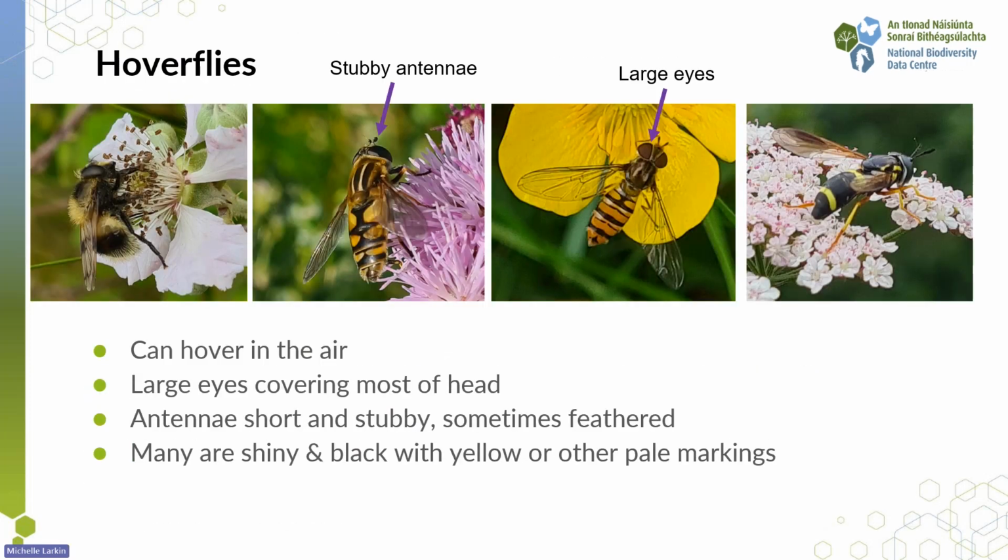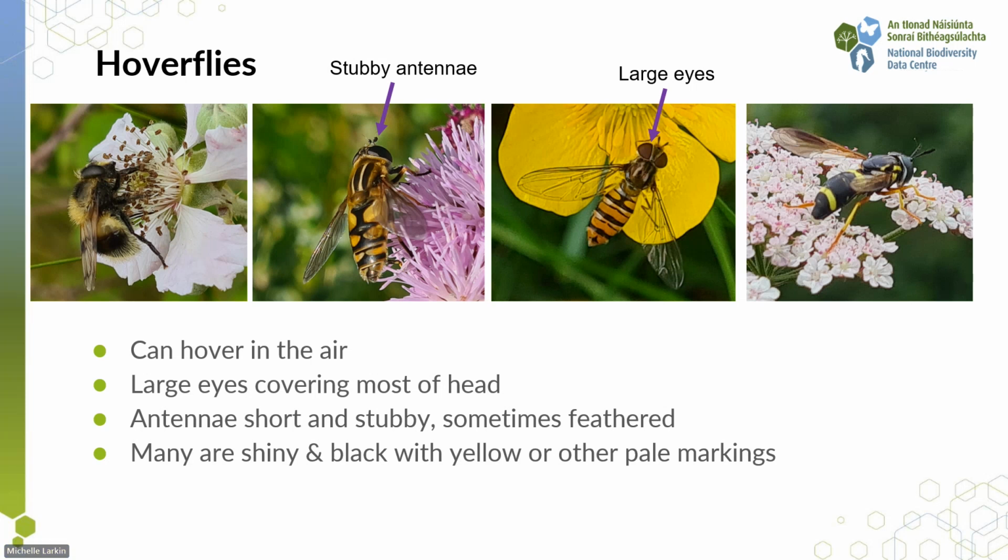And then we have our hoverflies. These are considered probably the second most important pollinator group after bees. They are aptly named. They can hover in the air, usually over a little patch of flowers. Like other flies, they have large eyes covering most of their head, and they have very short and stubby